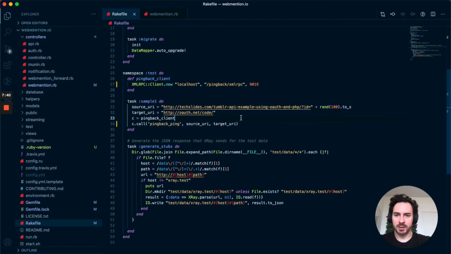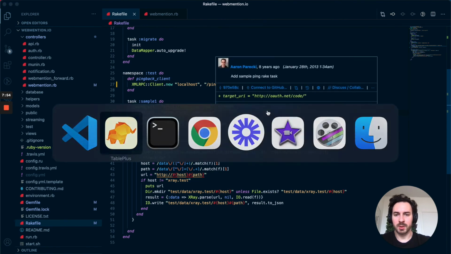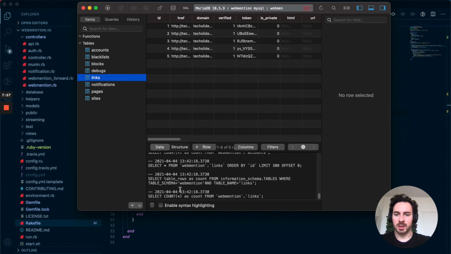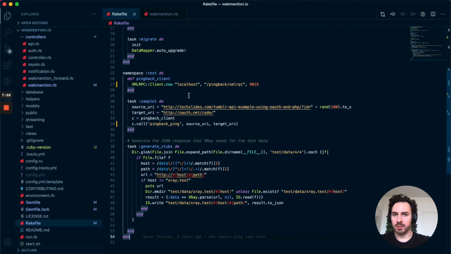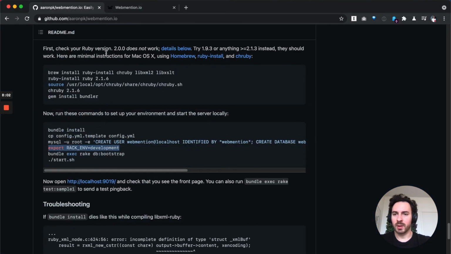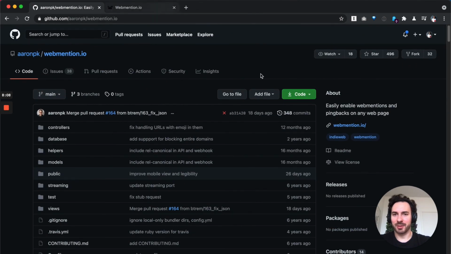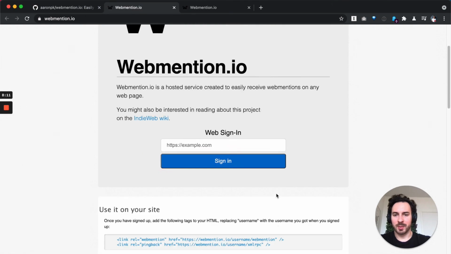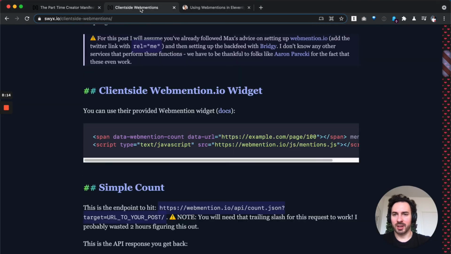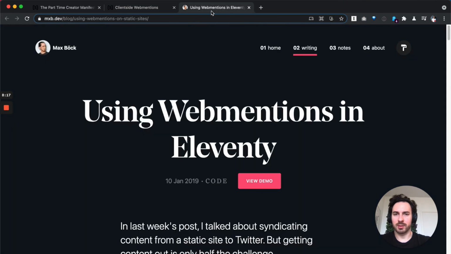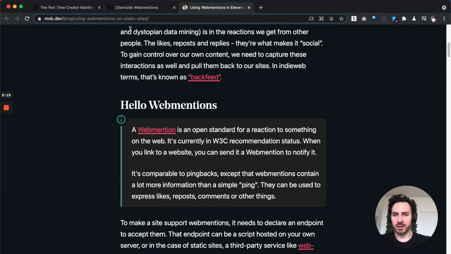If we check again, we have the source URI and the target was this. So whenever this happened, we wanted to see where this is shared from. And that's kind of cool. So this is the project, webmention.io. I don't know if I would recommend installing this locally if there's a free service. It's definitely worth checking out, and also check out Sean and Max's blog posts, respectively, on how to install this on your client side